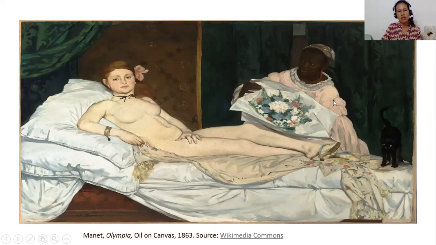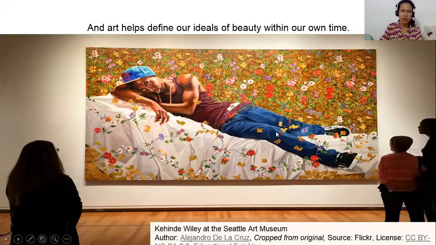So for the rest of the details, she has a maid carrying a flower. This flower might be from one of her fans, since she may be a prostitute. And this cat is a counterpart to the one in the painting of Venus. Okay, let us continue.